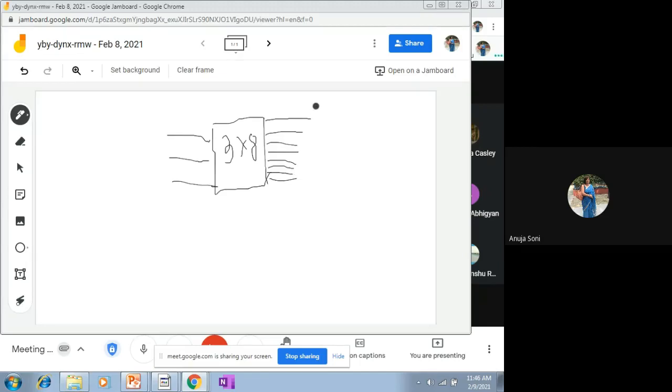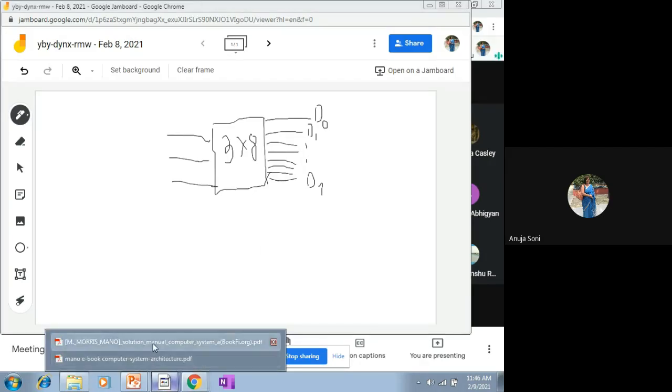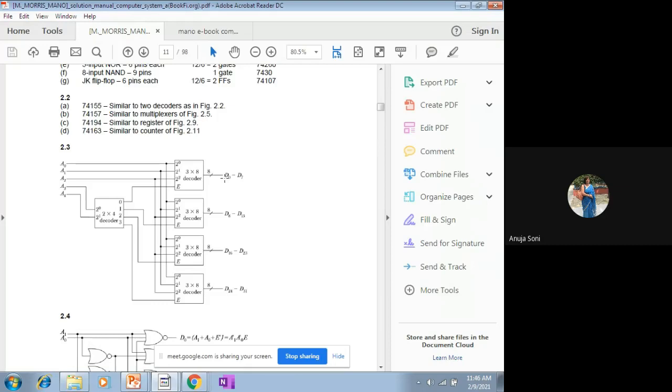You would have written the first output decoder line as D0. This will be D1 and so on, and the last one will be D7. Or you would have written it differently, because here we are going to talk about output values up to 32. Those are too many output lines, so it is not feasible every time to draw each and every line corresponding to each decoder. It would have become a very complex diagram.